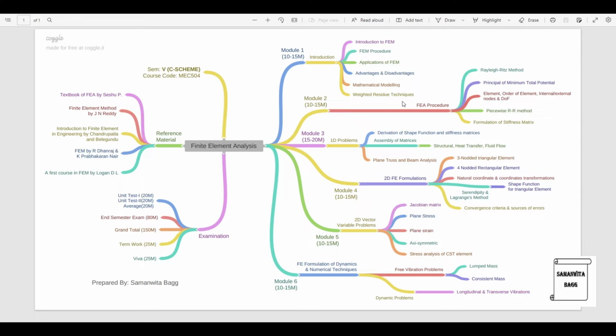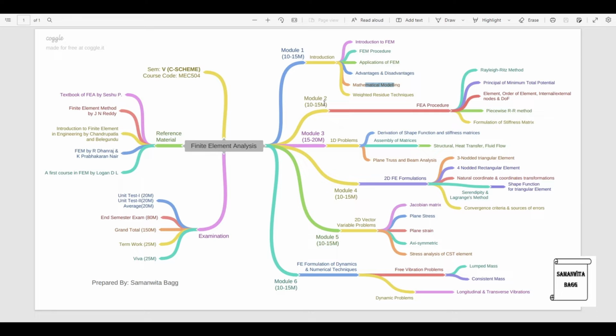So you can expect a numerical on this topic, and you may also expect a 5-mark theory question from all the above topics that we have discussed. So numerical is only in this topic mainly, and mathematical modeling, as I told you, the exact method which is there is not directly asked in this module. In fact, it is asked in the next module. So you should also study the exact method, which is very, very important. So module 1 you can expect for at least 10 to 15 marks based on the exam paper.